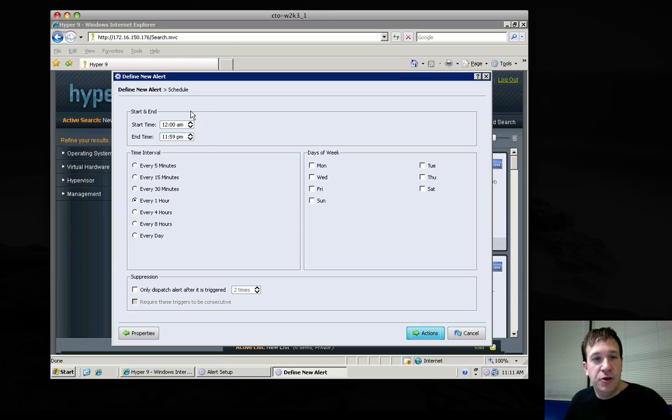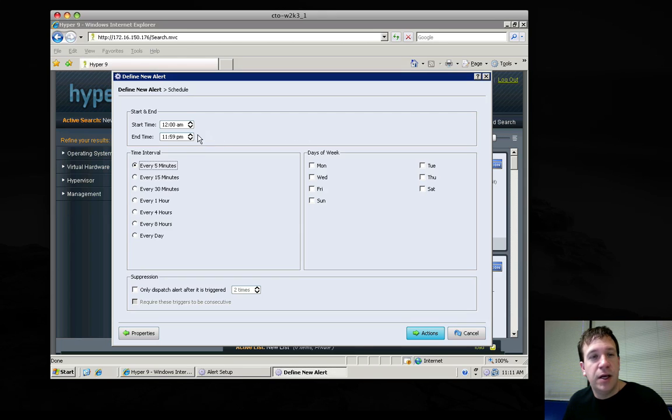schedule, and you can see we have a schedule screen here. You can set it up for what the time interval you'd like. I'm going to choose every 5 minutes. You can see by default the start time is 12 a.m. and the end time is 11:59. Now what this means is effectively that it would constantly run across all times, and so the idea being that you would want to be able to